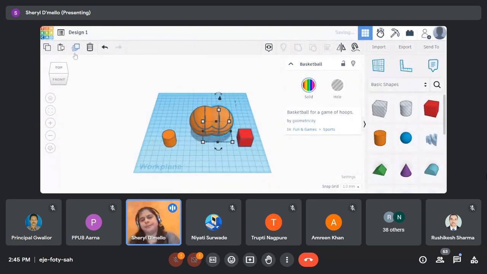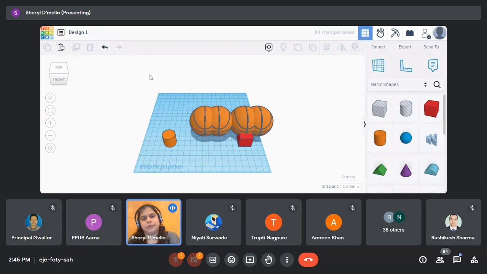And now what happens is when I click this again, it is not only copying the object but also the relational distance between those objects. So it is placing it exactly at the same distance as the other two objects. So we can actually use this to create a certain pattern. I will just show you how we create a pattern. So let's just click on this. So if you see,